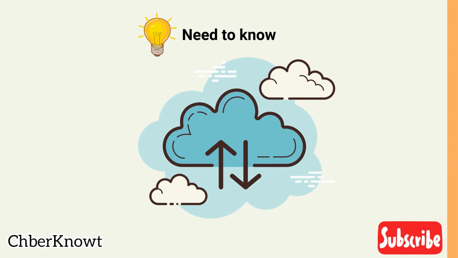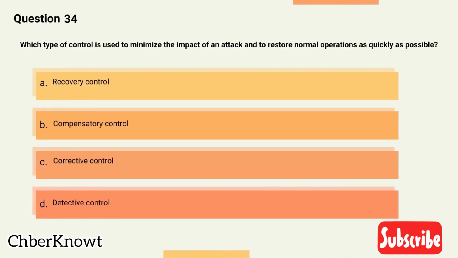Examples of corrective controls include virus removal tools, data recovery software, and system restoration procedures. Question 34. Which type of control is used to minimize the impact of an attack and to restore normal operations